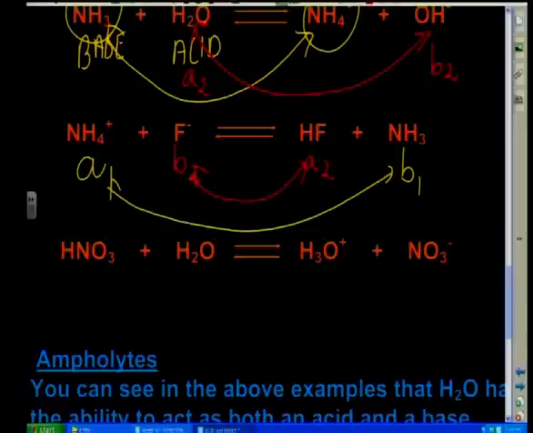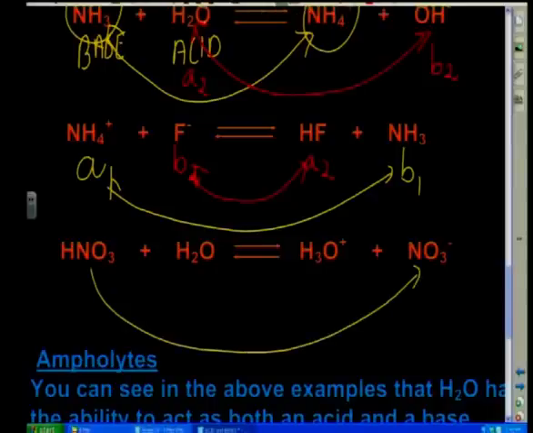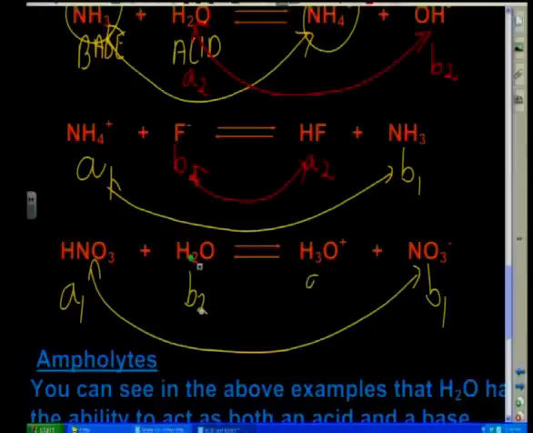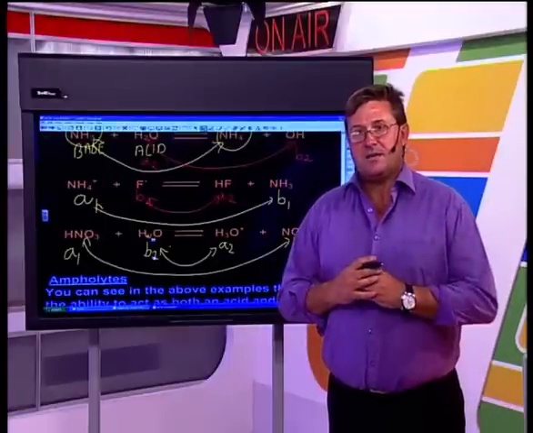Okay, and very quickly, for the last one over here, I'm hoping that you've picked up the pattern. HNO3 plus H2O gives you H3O+ plus NO3 minus. Here, these two must be linked. This is going to be A1, and that must be B1, my first acid-base pair. A1 and the conjugate base. And then we've got these guys over here. This must be acting as a base. Let's call that B2, and that will be A2, and there's my second acid-base pair, like that. So guys, can we see now how simple it is to actually identify our acid-base pairs?